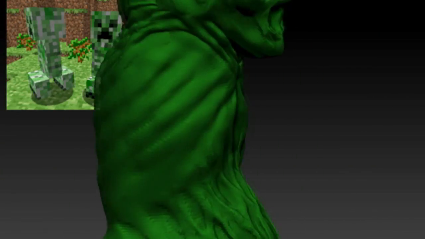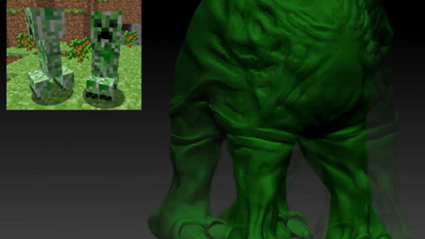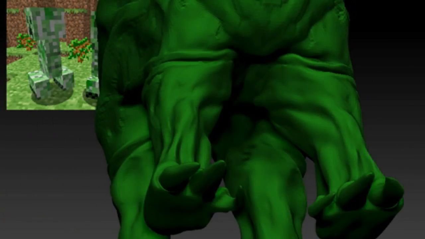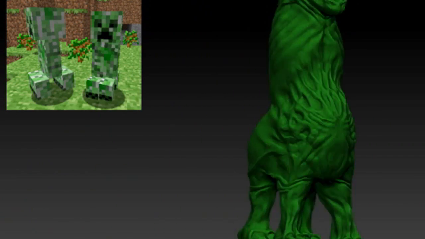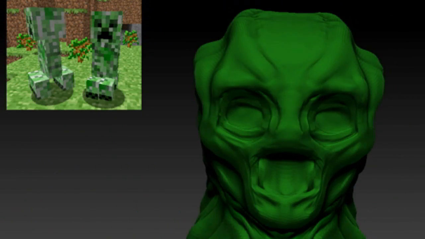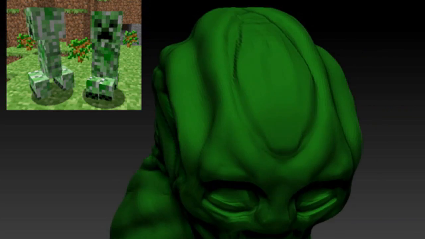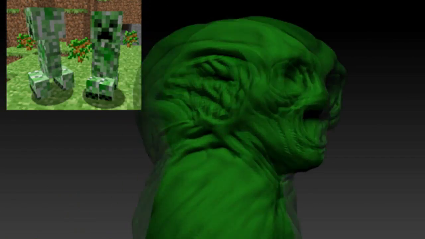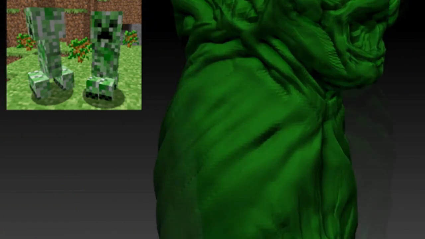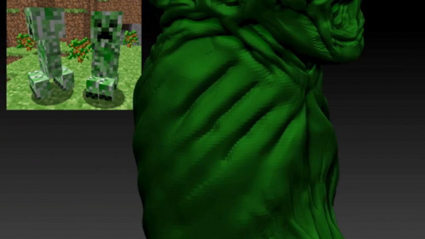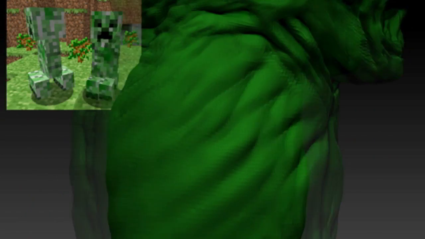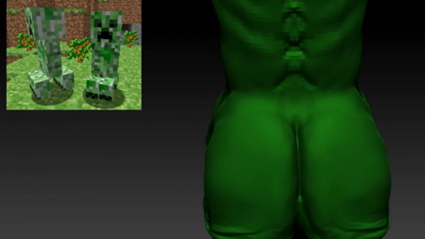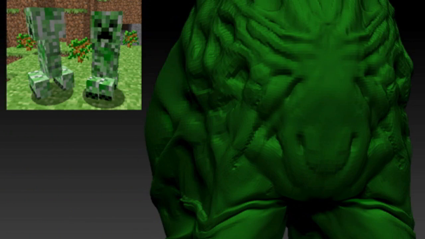This is looking really good. ZBrush is really a good program when it comes to 3D modeling, and it really does make you feel like you're sculpting clay when you're actually sculpting just polygons. So in this I decided to add more features to the face, or to the head, I mean, and I really wanted this to be detailed. I usually go for the details a lot, and that's just me as an artist. I really love detail, so I really stress out about it.